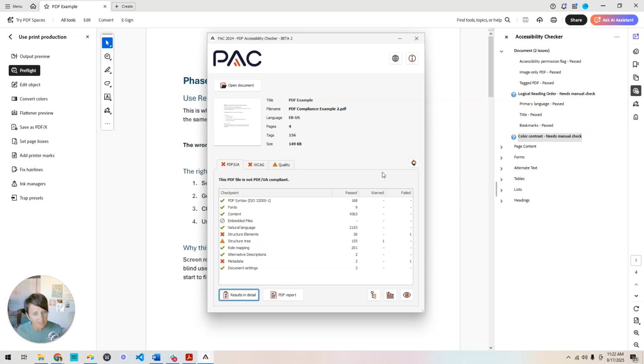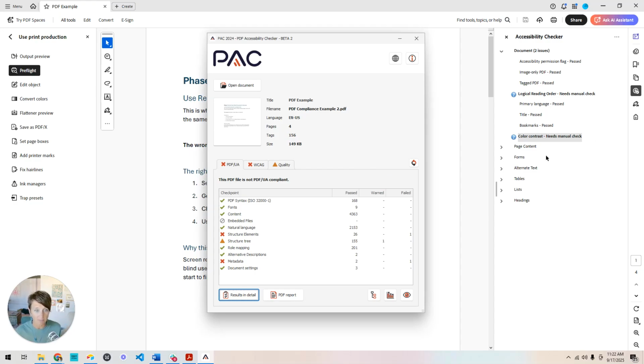Now, not everything that PAC talks about is something that you really need to be concerned about unless you're under some contractual obligation that you need to have a much more compliant PDF. Ultimately, people need a PDF that screen readers can use, and that's something that's completely attainable using just Microsoft Word